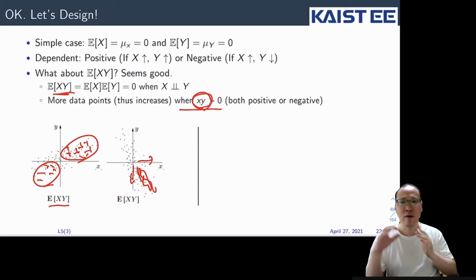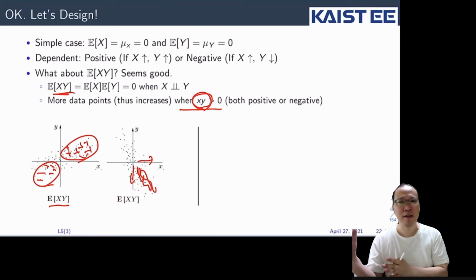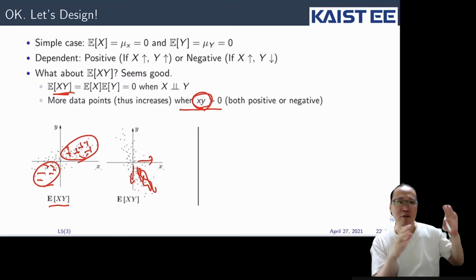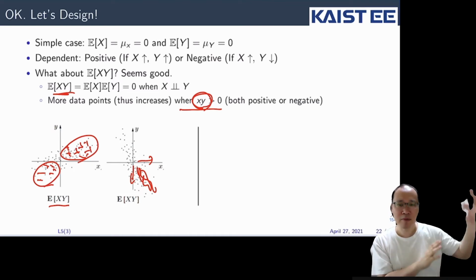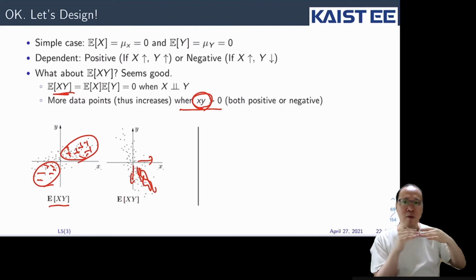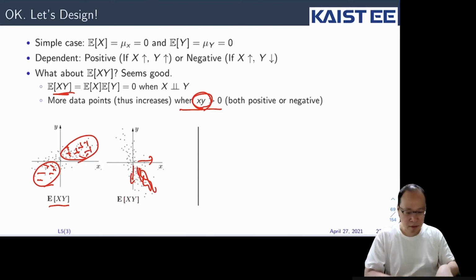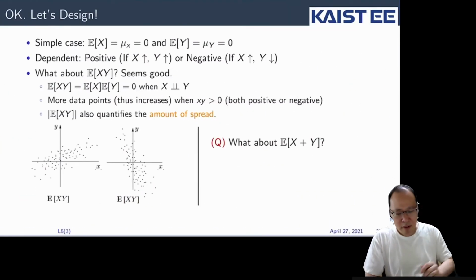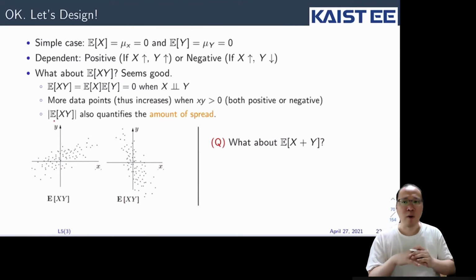Okay, so for the negative dependence, we have minus values. For the positive dependence, we have plus values. And if they are independent, then what? The 0. Okay? Note that the absolute value of the expectation of xy also quantifies the amount of